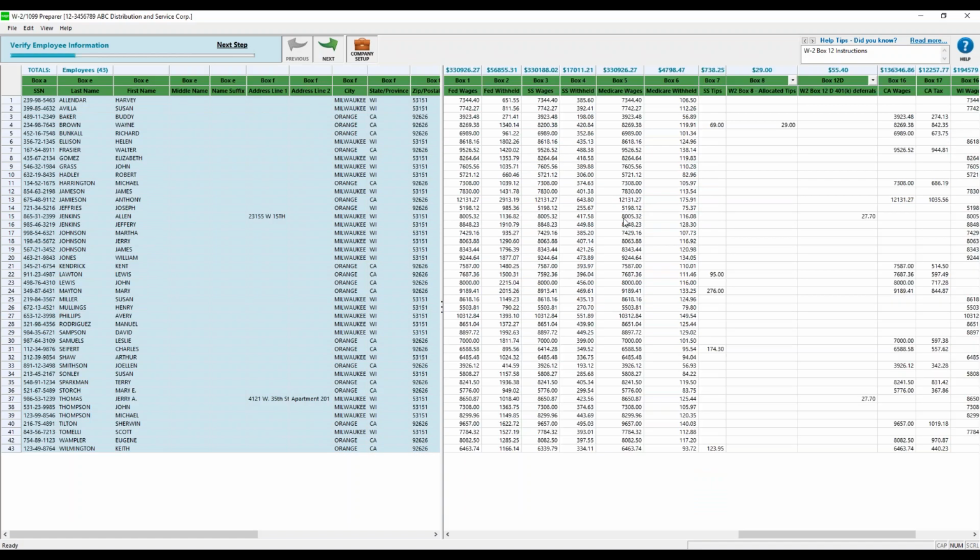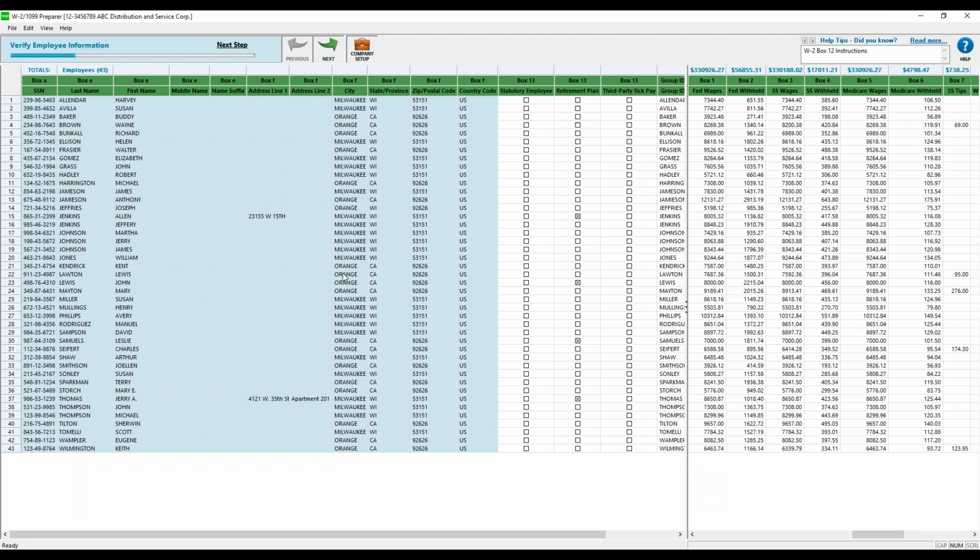And what's really cool about this, first of all, we can slide the vertical bar and take a look at the different boxes. This is all the stuff that prints at the top of the W-2, including things like whether or not the employee was eligible for a retirement plan or whether they received third-party sick